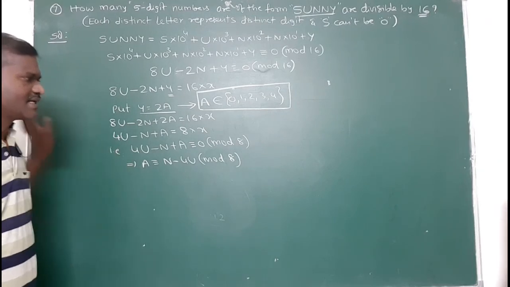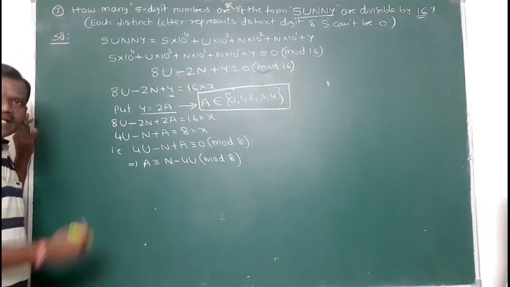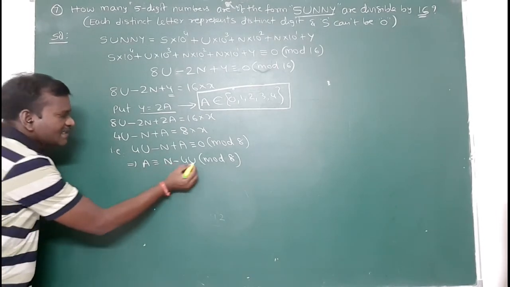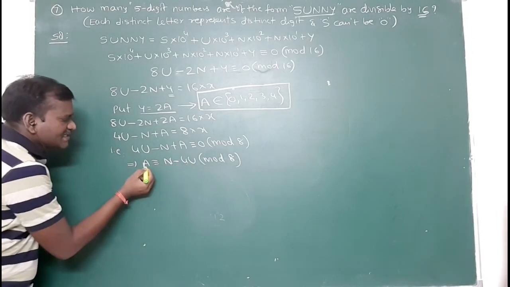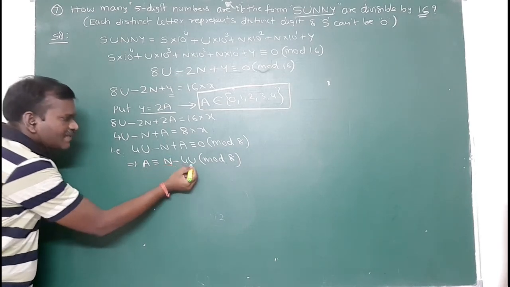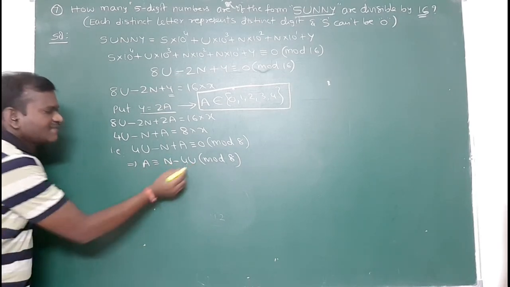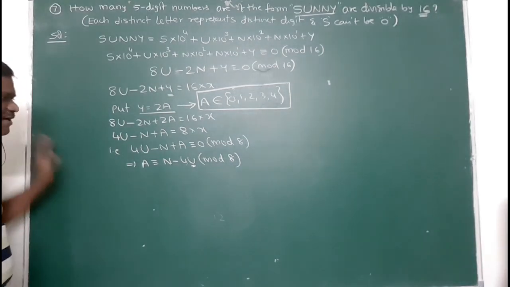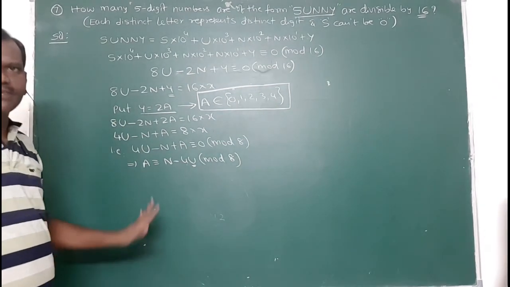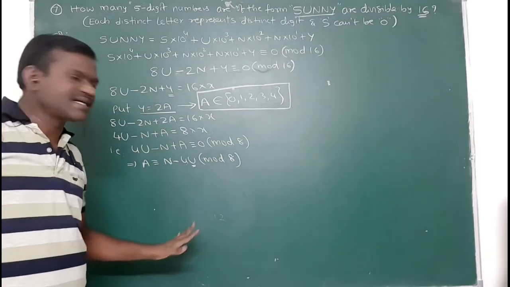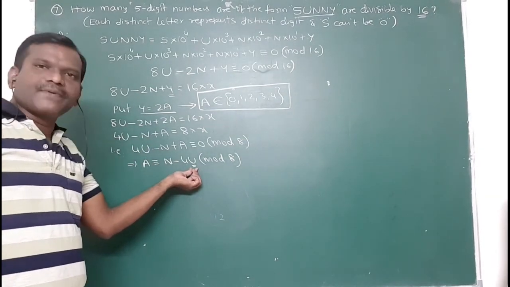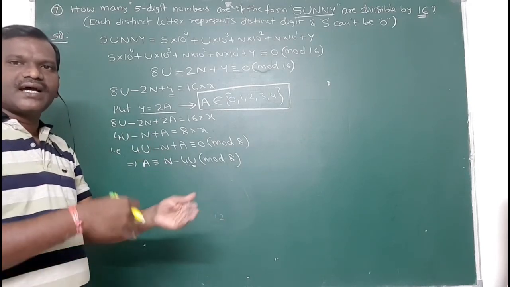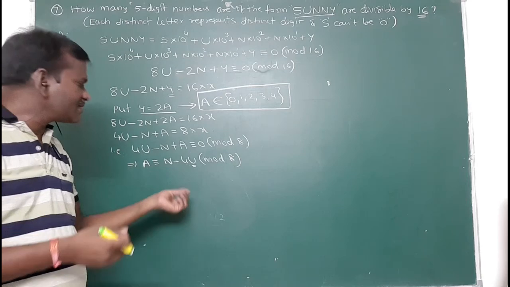Okay. So the counting process here. On ours the counting process will start. Listen carefully. What I am doing is, this is for u. This is A, single n is there, but the u coefficient is 4 here. So that's why I am focusing on u here. I want to find all the possible 5-digit numbers. So I will keep u as 0, even numbers and odd numbers, so that I will verify for all values of u.